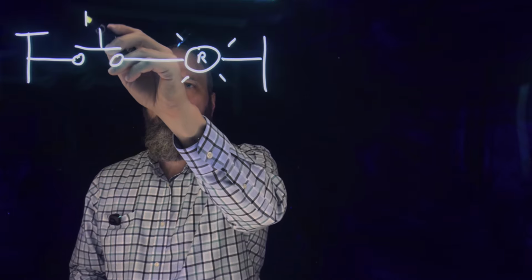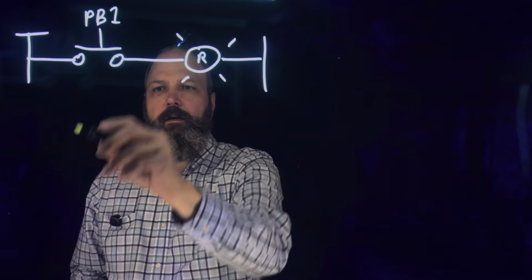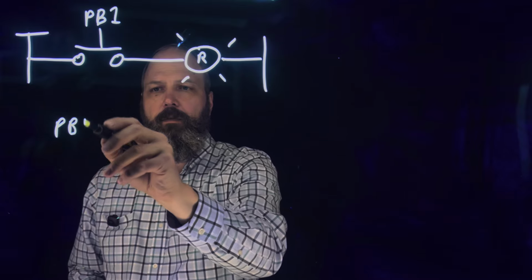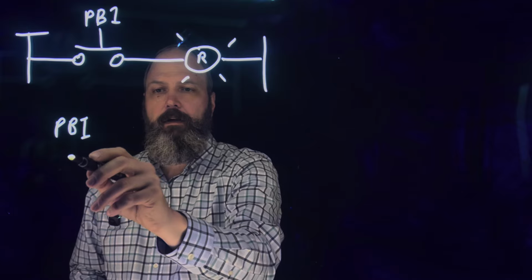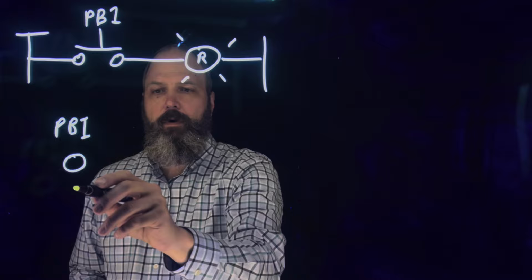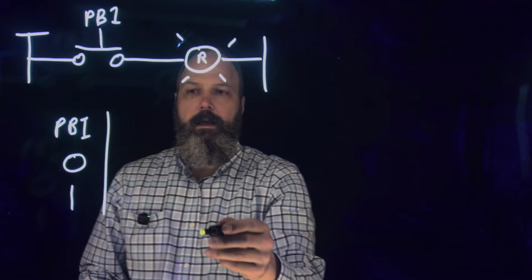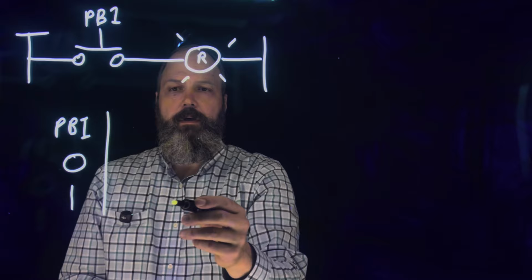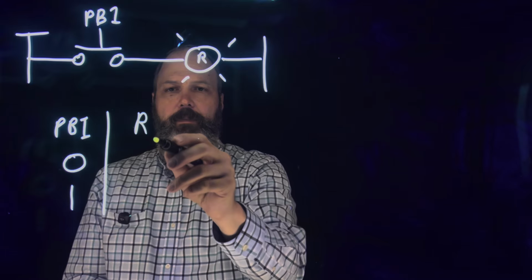table. If this is the push button 1, PB1, you can have the input as either not pressed or pressed. We represent that with the 0 and 1. And then your output would be exactly the same. So in your red lamp,